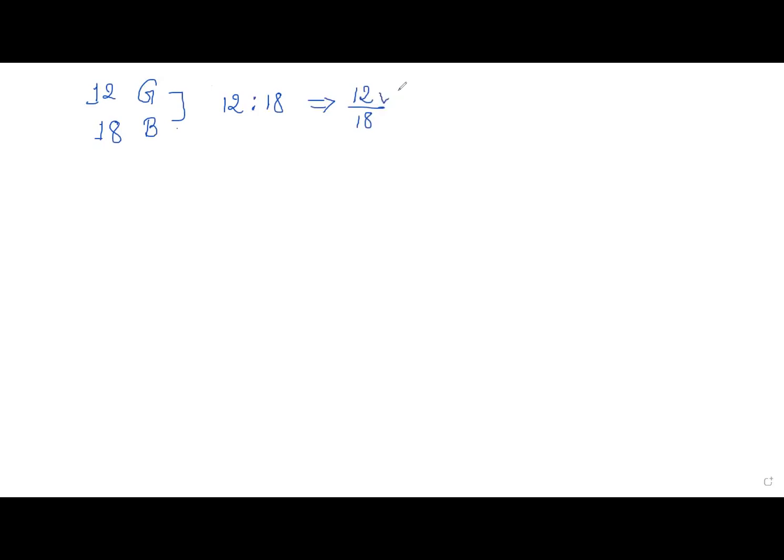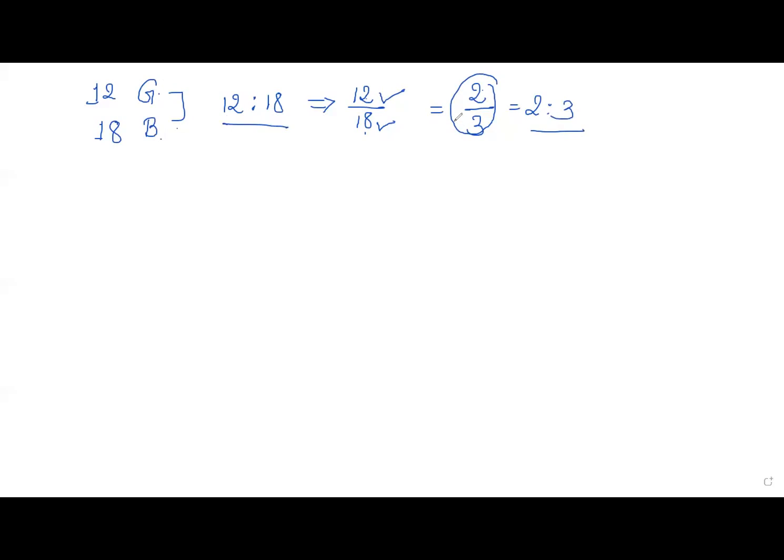And if we divide this numerator and denominator by the same number, then we can get 6 2s and 6 3s. Means here the ratio will be 2 is to 3. Okay, so a ratio can also be expressed as an equivalent fraction, that is 2 by 3. 12 is to 18, so it will be 12 by 18. Means we can compare two terms, or we are taking the ratio of girls with boys, that will be 2 is to 3. Means here a ratio can also be expressed as an equivalent fraction.